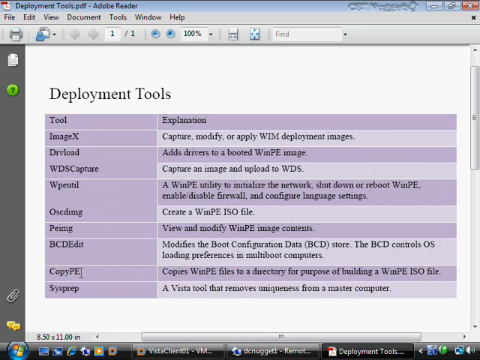We can also use copy PE. This is going to copy WinPE files to a directory for purposes of building a custom WinPE ISO file. And this is what I had to do in conjunction with PE image. First thing I had to do was to copy my WinPE files to a directory, and then I custom modified it by adding in the drivers that I needed for PE image for VMware so that I could boot to the network there. And then this is a tool, as I mentioned earlier, that all these are command line tools